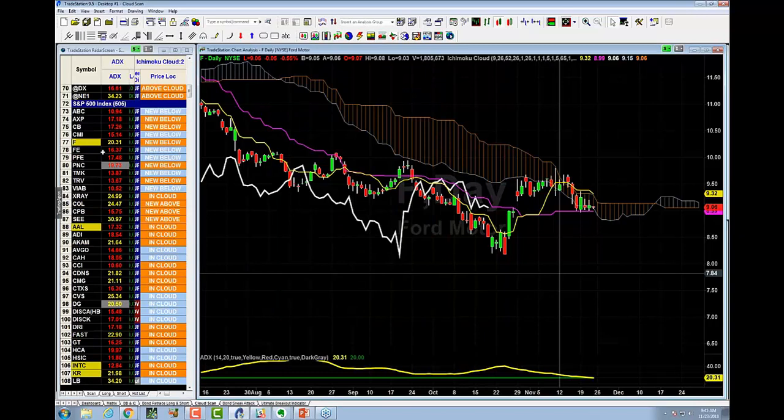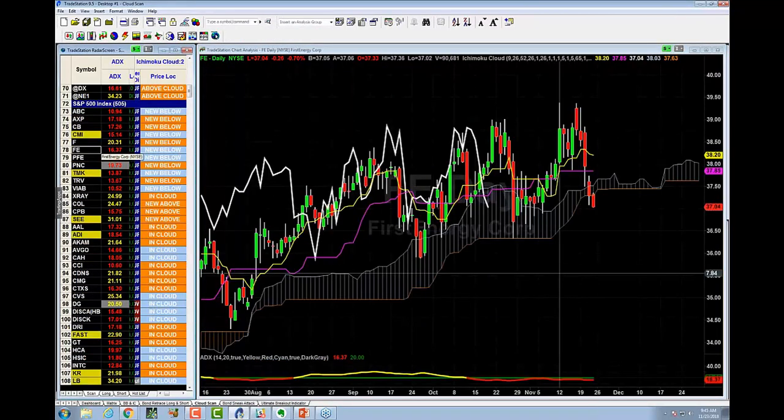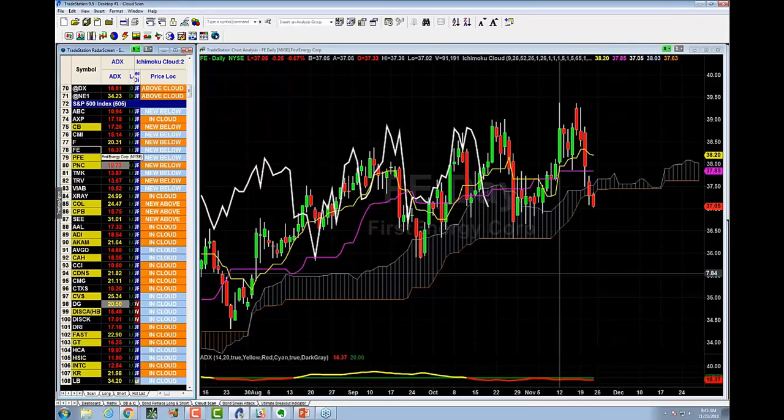Right there. Now, clearly I have to wait until the market closes in order to make these guaranteed, right? In other words, they have officially closed. But FE here, that is a fresh short signal. So does everybody understand what I'm doing and how I'm doing it, in order to find new shorts and new longs on a daily basis?